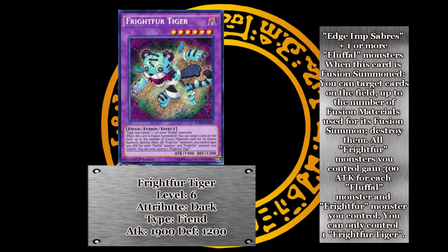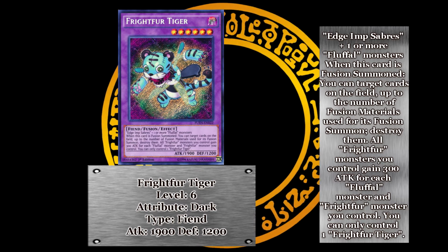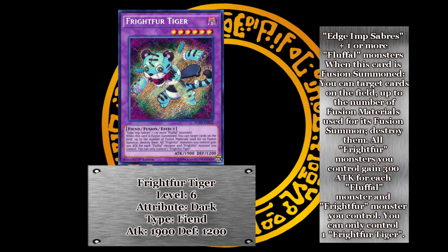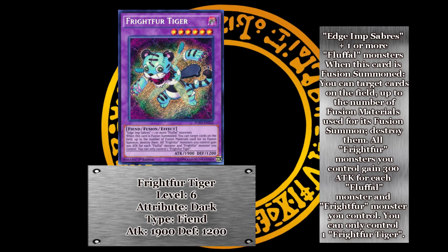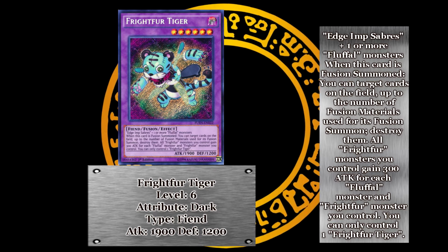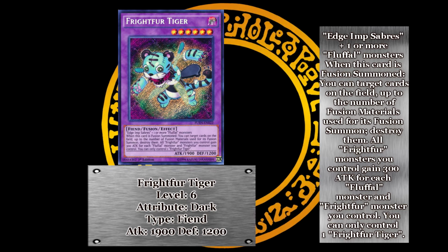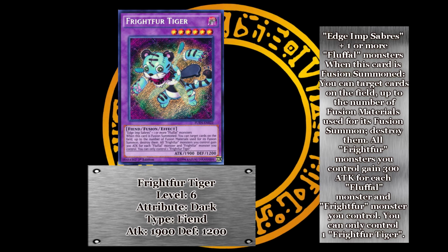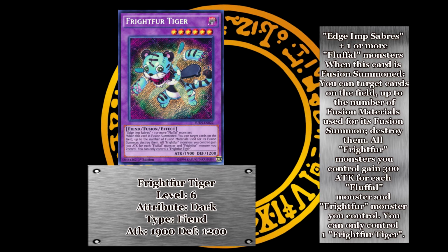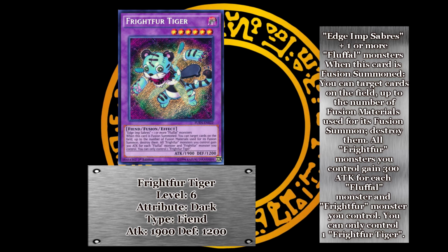This is where it starts getting vague, and that's how you win. Now you do have to target the cards to destroy them, but it's up to you how many fusion materials you need to make Frightfur Tiger. But with a bare minimum of 2, and it not being limited to spell and traps, it's better than Twin Twisters. To add to Frightfur's might, all Frightfur monsters you control get 300 attack for each Fluffle and Frightfur you